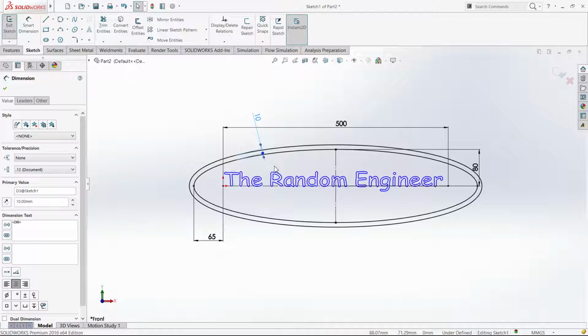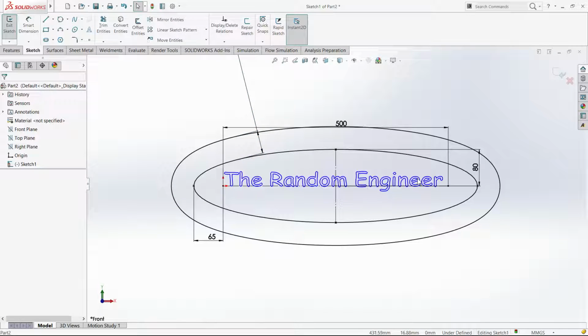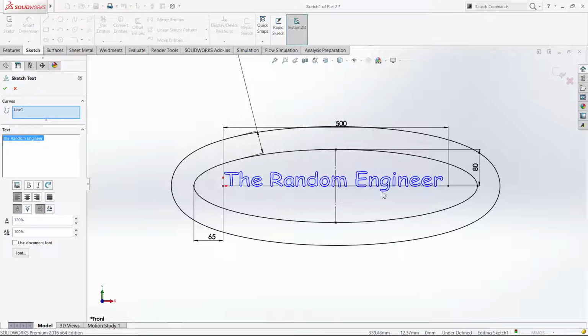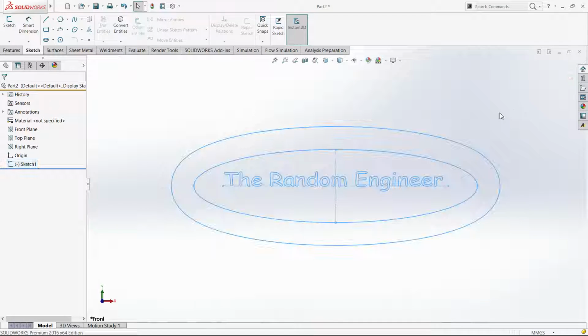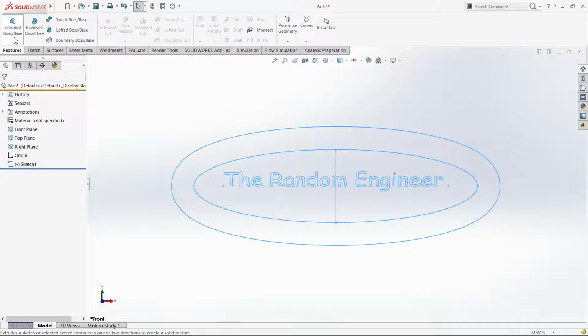So let's go to 50 because that's what we originally did. And that's it. It's quite difficult to define letters, if at all possible. But usually I just put it like that and it's going to be good enough. So right now I'm going to exit my sketch, which is a fairly simple sketch, and we're going to go into the extrude